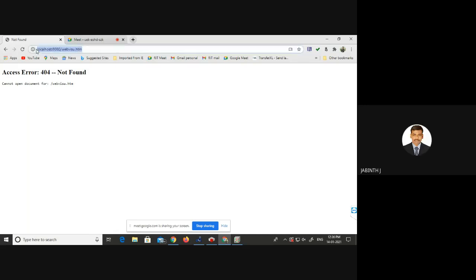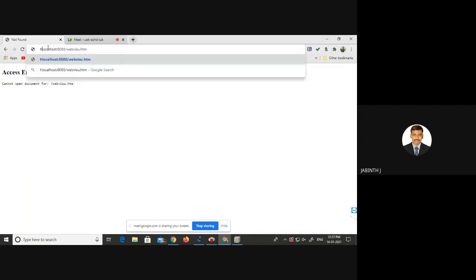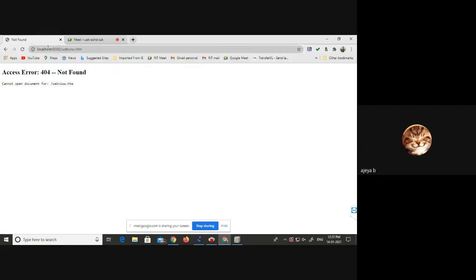HTTP colon slash slash localhost slash webvisio.html. Yeah. Sir, after localhost, do I need to put a colon? Yes. So web, W capital, and no, keep the small name the same itself.